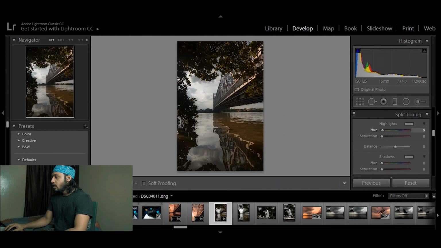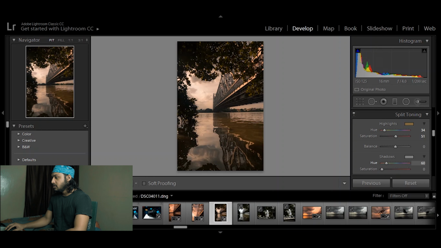So I want to achieve a sunset look, so I'm going to keep the hue on orange, 30-34. I'm going to increase the saturation. Now you can see the changes happening in the image. If I increase too much saturation, that gives a sunset look, but I think I'm getting carried away, so I'm going to keep it at around 51.